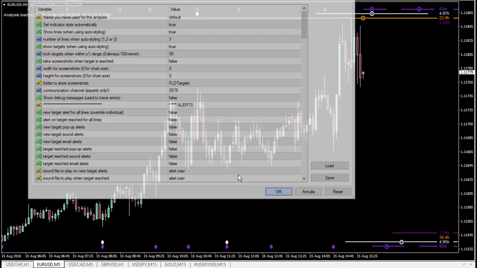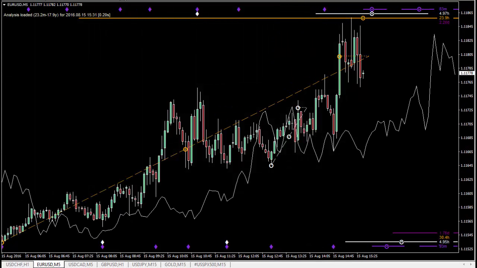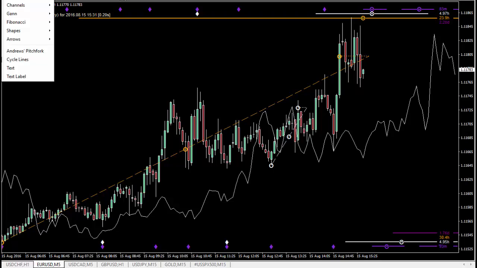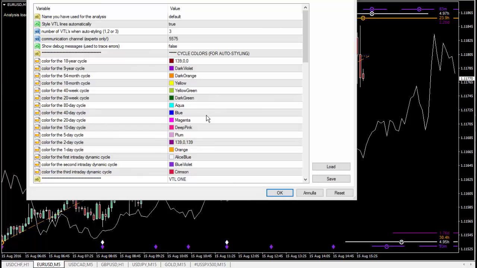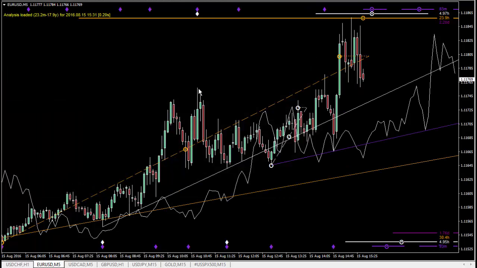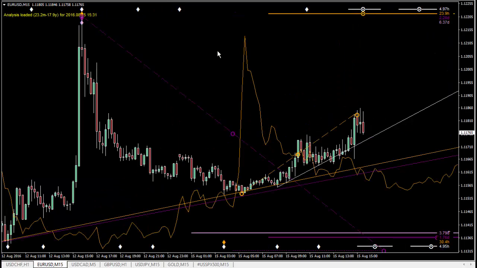There's my FLD. I'm using the default settings, and I will apply the VTL as well. And there's the VTL. And now when I switch time frames, we will find that the FLD and VTL information will be displayed immediately because the analysis information is available to it. There we go. On the 15-minute time frame, as soon as the chart is displayed, we have all the information